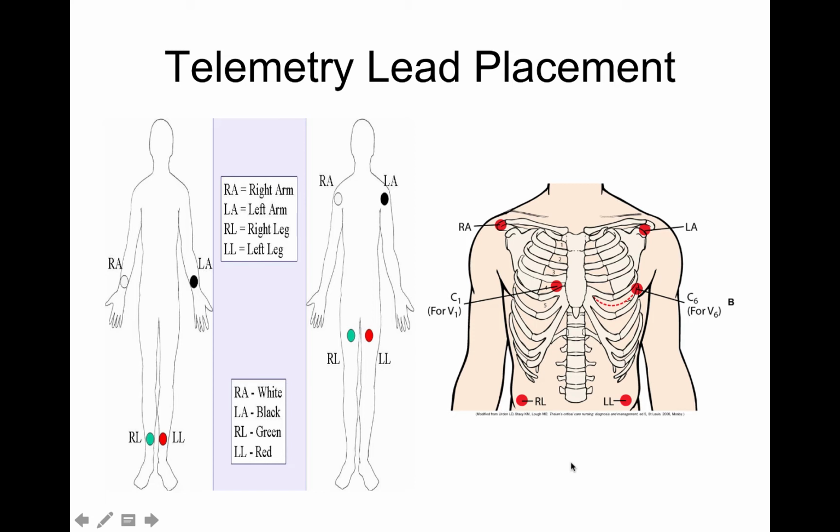If you're very fortunate, most of the time they're listed RA, LA, LL, RL. So this is your 4 lead that we have. Other leads, a 6 lead or a 5 lead, is going to be your right arm, left lower, right lower. They do a modified chest lead, which we call V1 position, which is the 4th intercostal space. And sometimes we may monitor for V6, which is another lead that will be placed towards the center of the nipple,